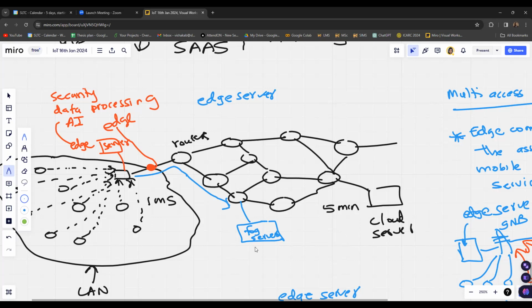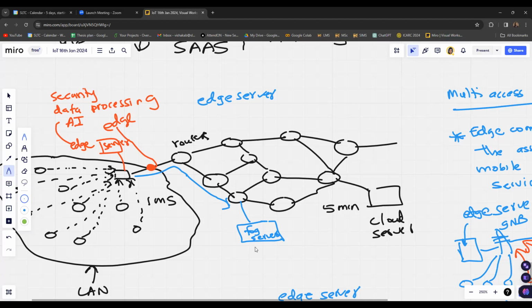So the latency of the communication will reduce considerably once you send the data to the fog server to be processed. If the delay in the data transmission to the cloud server is 5 minutes, then we can say that the delay for the data to reach the fog server is below 5 minutes. The processing will also require some time.